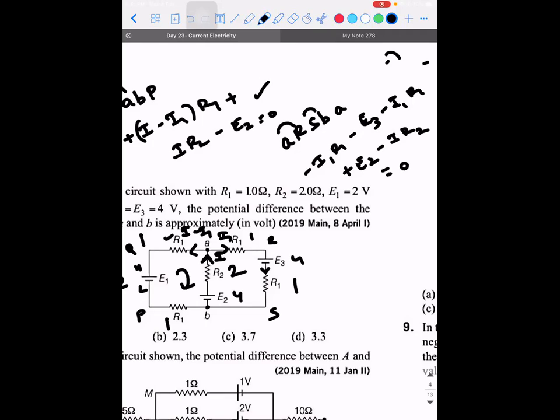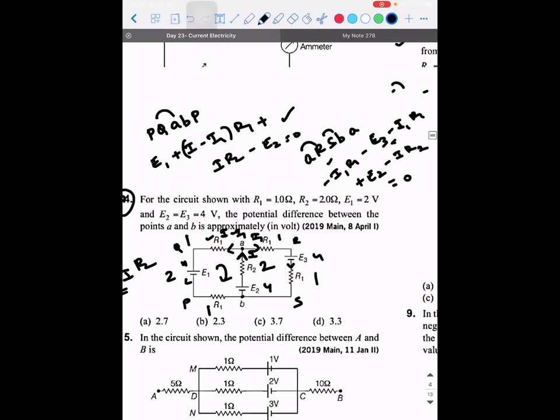To confirm your equation when you're writing it, even if there are, let's say, 10 terms, even if 9 of the 10 terms are negative, one term should be positive. At least there should be one opposite term. Otherwise it means your equation is wrong. Yes sir. Okay, now here also we need to find I and I1. It's also a linear equation in two variables. Understood? So you have two linear equations in two variables. Find it out. Once you find it out, what is going to be the potential drop across AB?